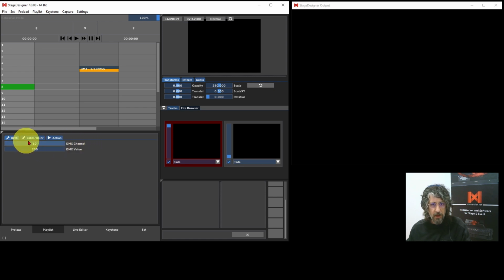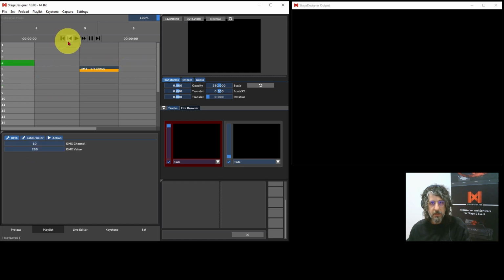So let's say I have a lamp which is connected to the channel 10 and I want to turn it on, and by programming my playlist like this, I can send this value through the NTech USB Pro and the device is going to read it and turn the lamp on. Or if I want to turn it off, I can simply bring down to 0, or I can copy the